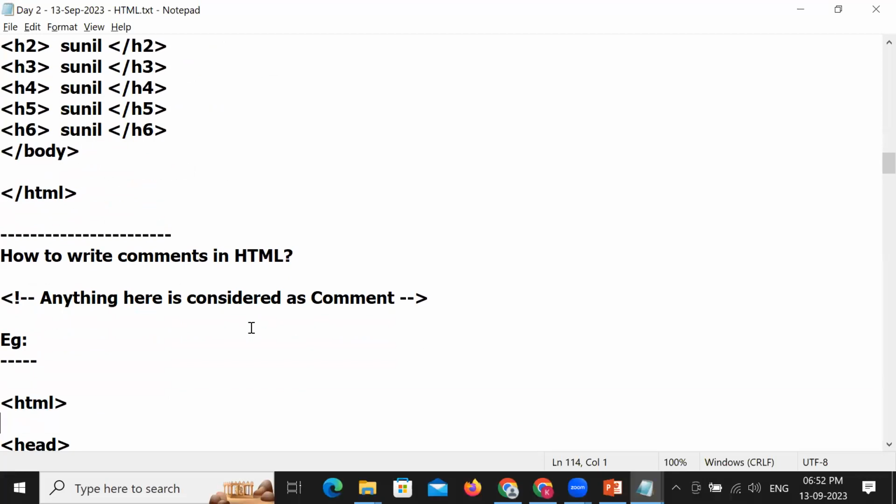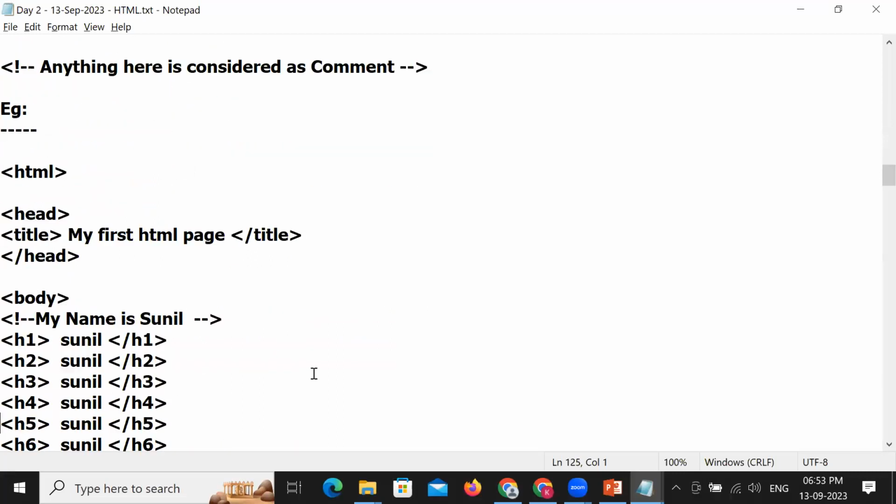How to write comments in HTML? What do you mean by comments? Comments is nothing but if you want to ignore anything, you can write comments. For example,